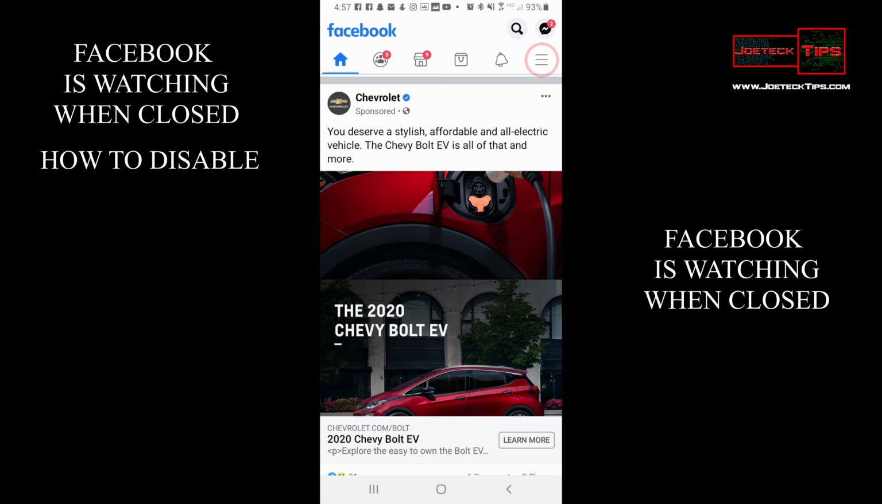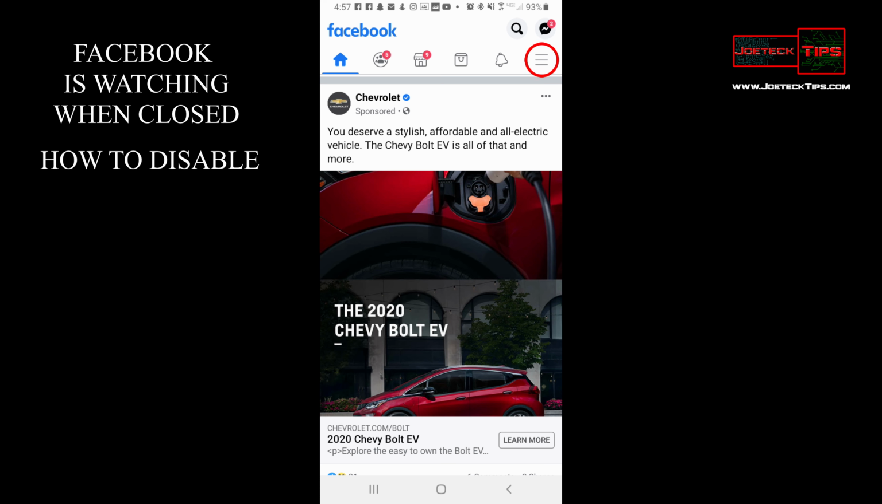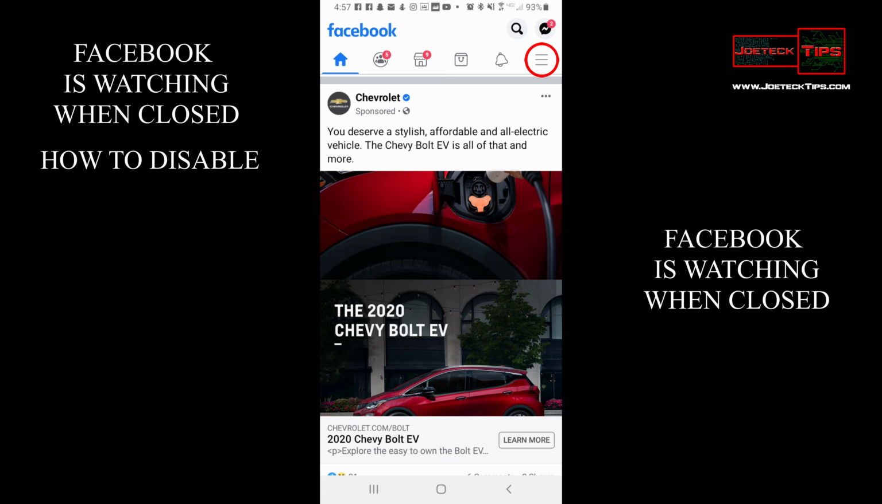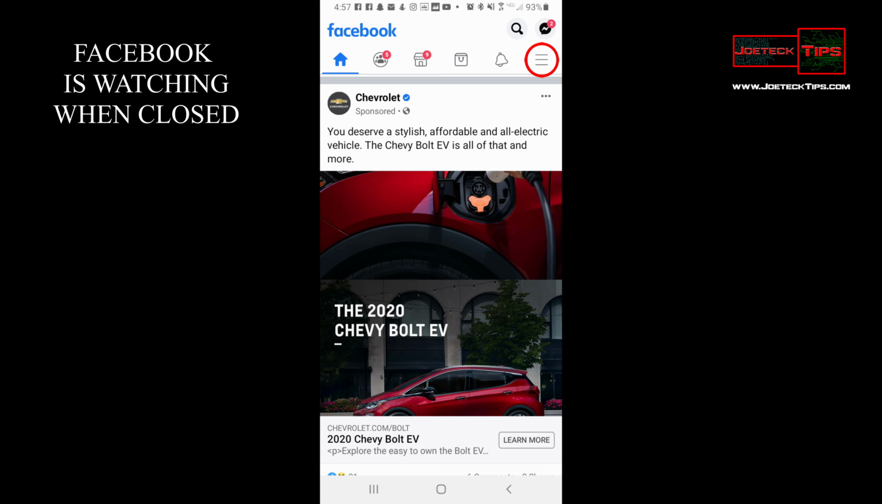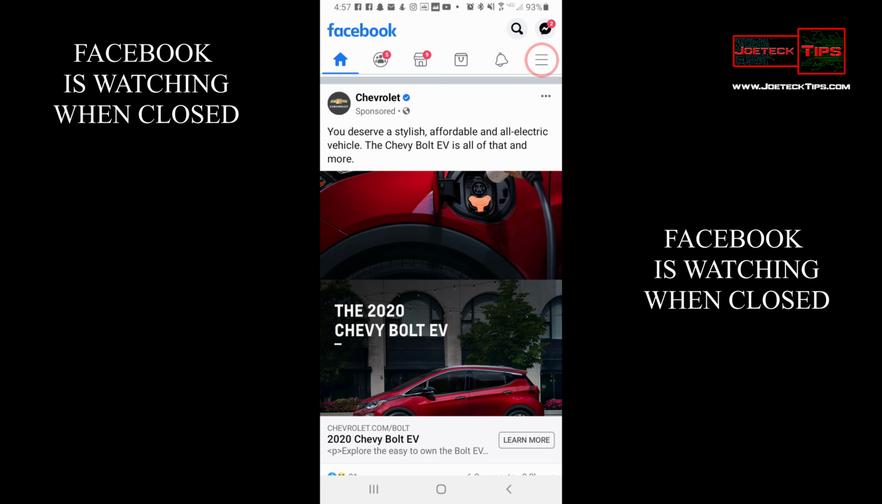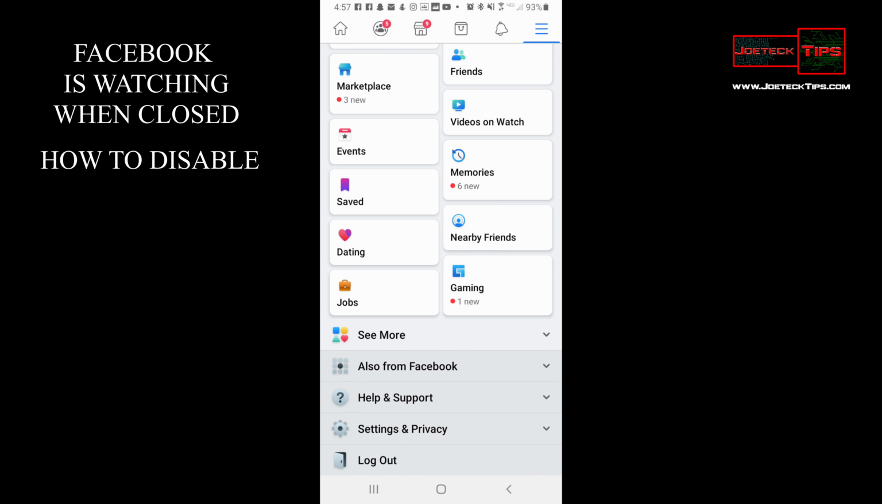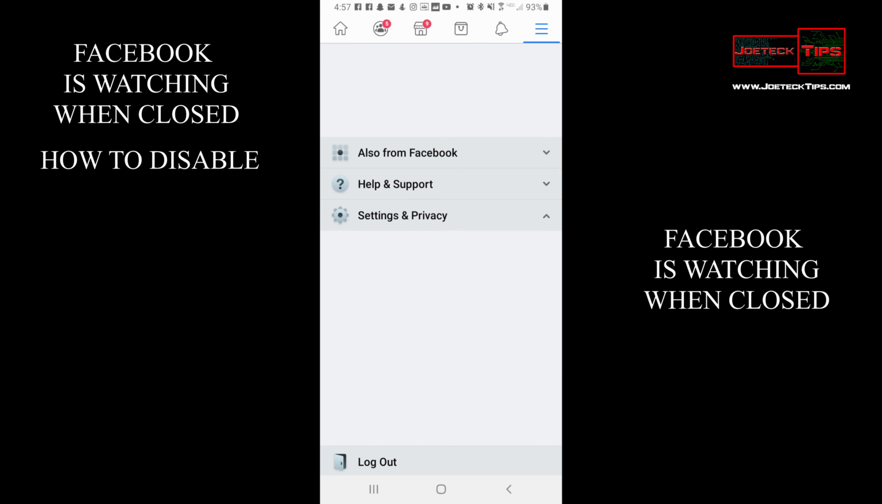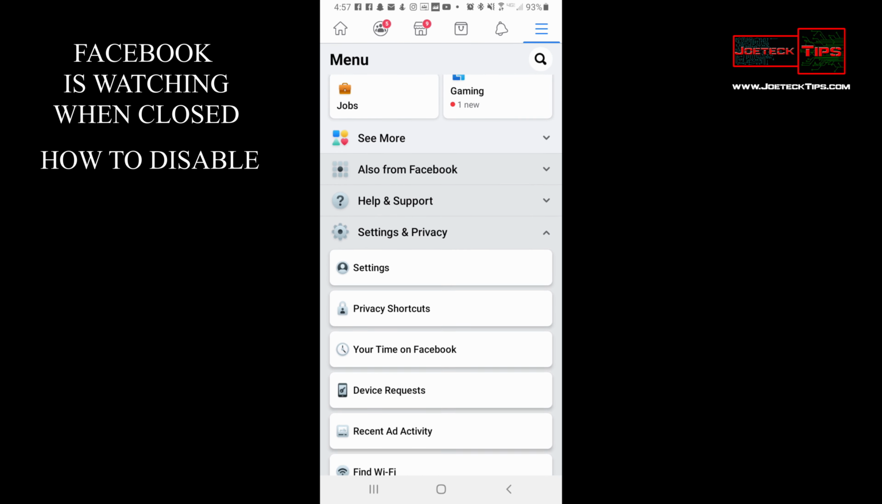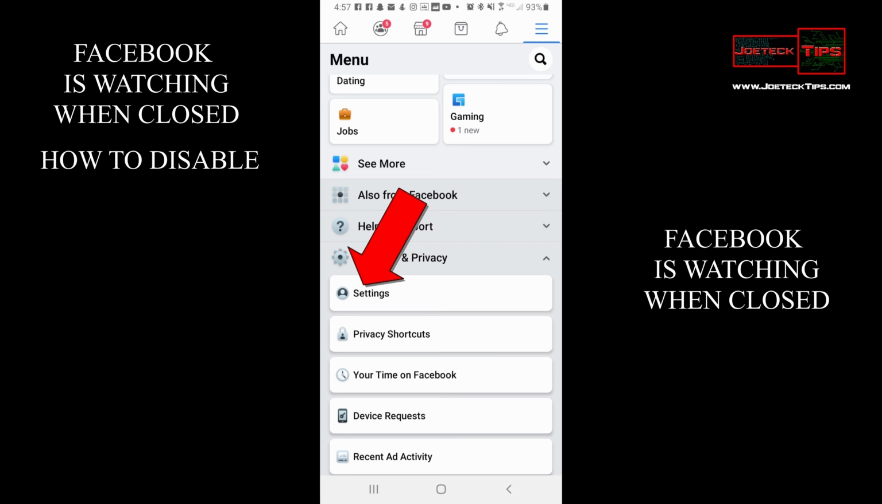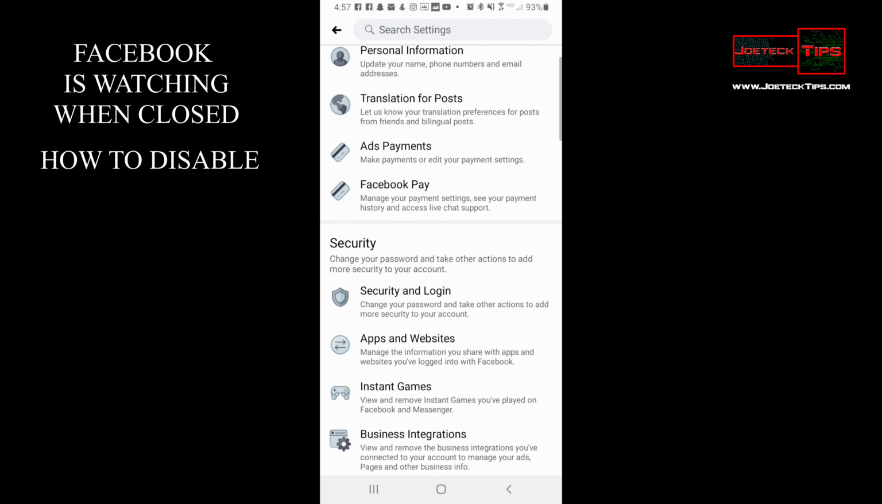Okay? So if you click on the two right lines on the top of the screen. On the iPhone, I believe it's on the bottom. So on an Android, you click here. And then you look for settings. Settings and privacy. And then you look for settings again. All right, and then you look for,